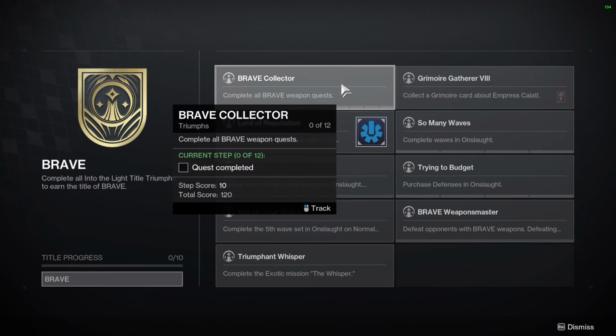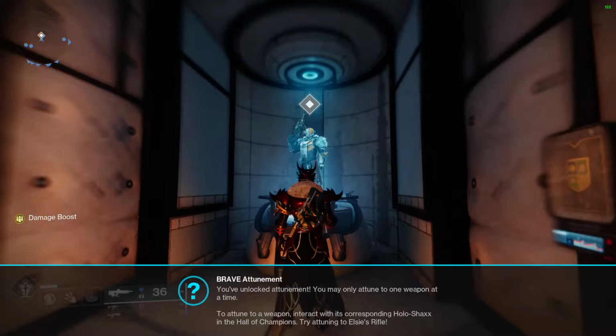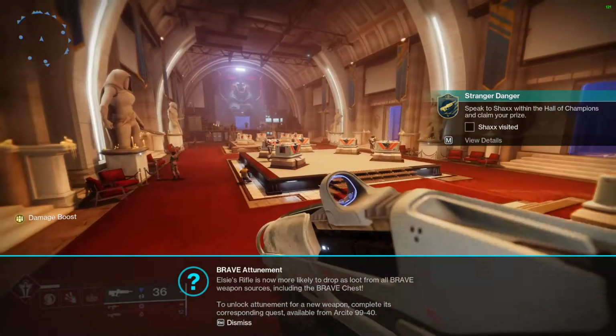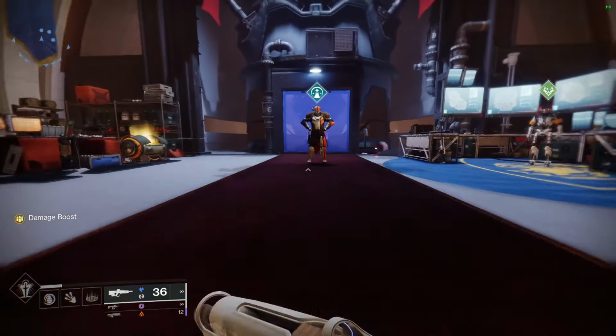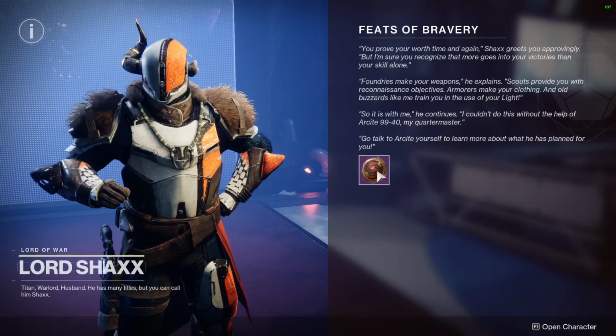Brave Collector. This triumph requires all Guardians to tackle the brand new Brave Weapon quests. The Brave Weapon quests will be rotating, dropping on a quite consistent basis, with every weapon quest of the 12 releasing by April 30th. A lot of you are probably going to open up the game, get into an activity, get a Brave Weapon, and think, wait, isn't this one of the Brave Weapons I need? No, they don't count for this triumph because you need to complete the quests to obtain the shiny versions of